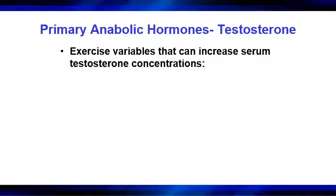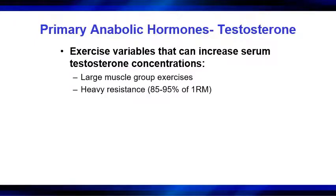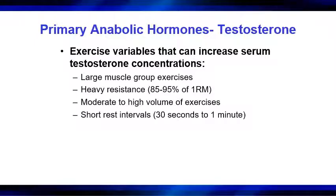These are exercise variables that can increase serum testosterone concentrations as far as resistance training exercise. Large muscle group exercises, okay? So we're talking multi-joint strength training movements, things like squats, Olympic lifts, and deadlifts. Relatively high resistance, so they're recommending in the 85 to 95% range. A moderate to high volume of exercises, so you have to have a good volume of work to produce that response. Short rest intervals,